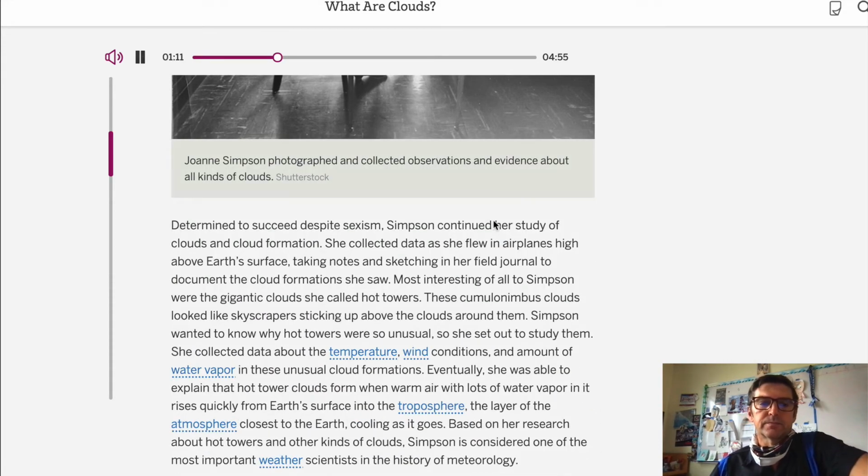in cloud formation. She collected data as she flew in airplanes high above Earth's surface, taking notes and sketching in her field journal to document the cloud formations she saw. Most interesting of all to Simpson were the gigantic clouds she called hot towers. These cumulonimbus clouds look like skyscrapers sticking up above the clouds around them. Simpson wanted to know why hot towers were so unusual, so she set out to study them. She collected data about the temperature, wind conditions, and amount of water vapor in these unusual cloud formations. Eventually, she was able to explain that hot tower clouds form when warm air with lots of water vapor in